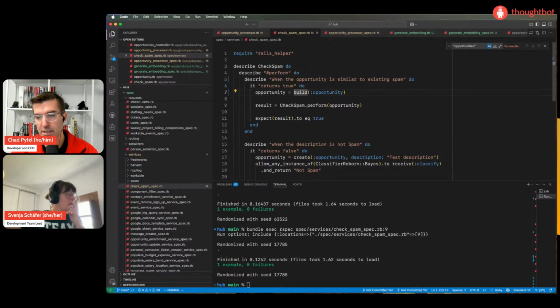It actually doesn't even need to be a real spam embedding. It just needs to be a real embedding, and then we give something close to it. Okay, how can we do that, to fake an embedding? We could generate a real one and then save it.